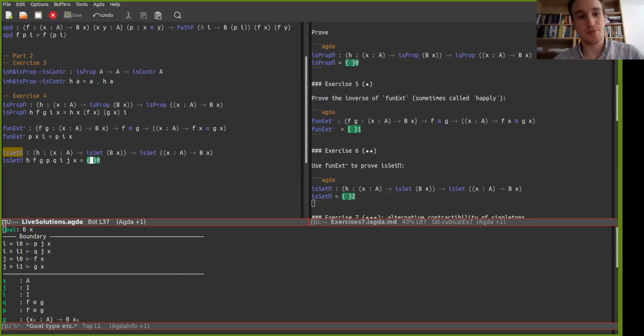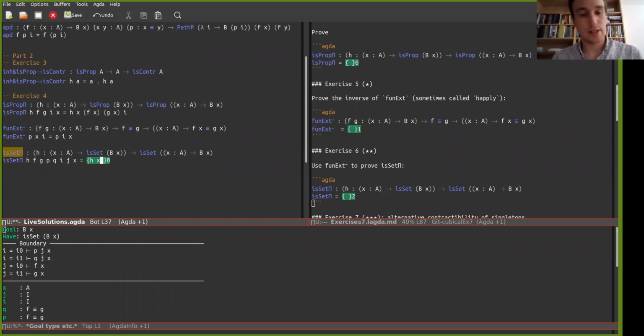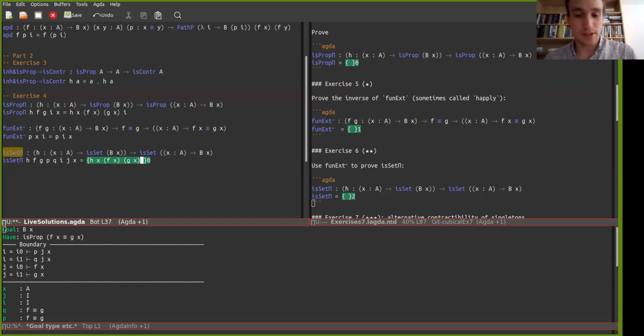So we have to satisfy 4 boundary conditions. And again, we have our hypothesis h of x telling us that b of x is a set. So if we take any 2 elements of b of x, f of x and g of x, then we get that this is a proposition. And that means if we give ourselves 2 proofs that f of x and g of x are equal, or 2 paths between those 2 elements, and those we get from fun x